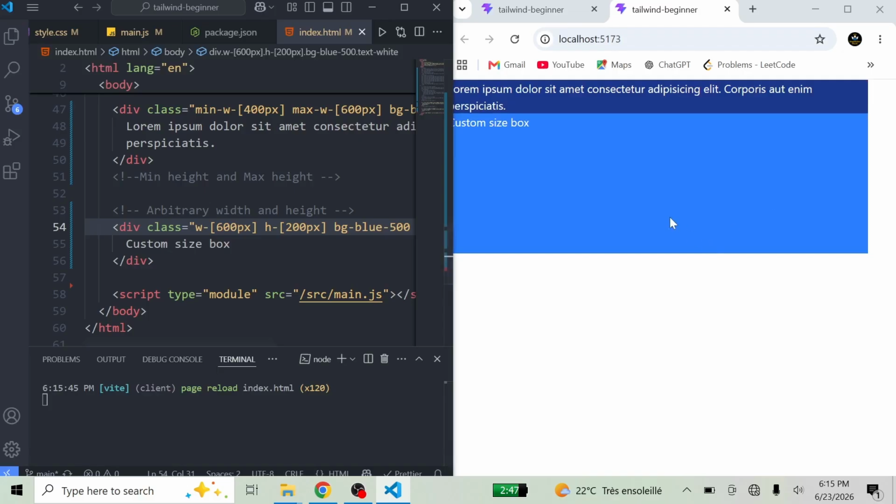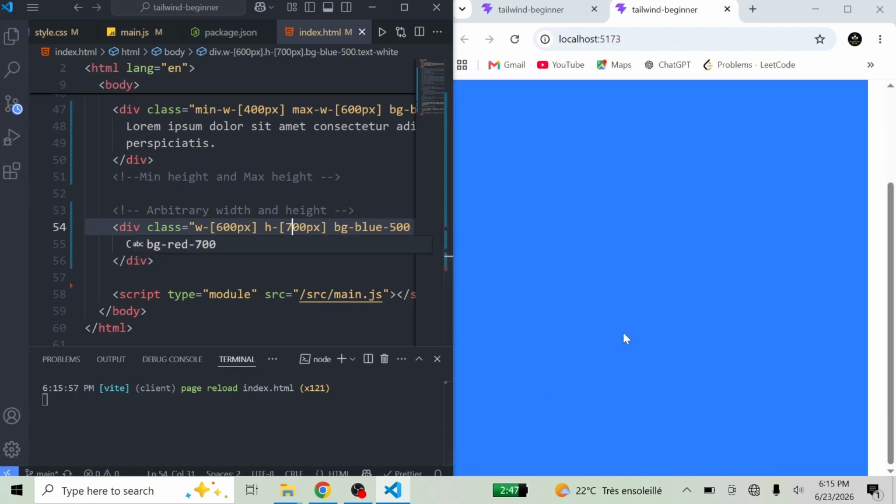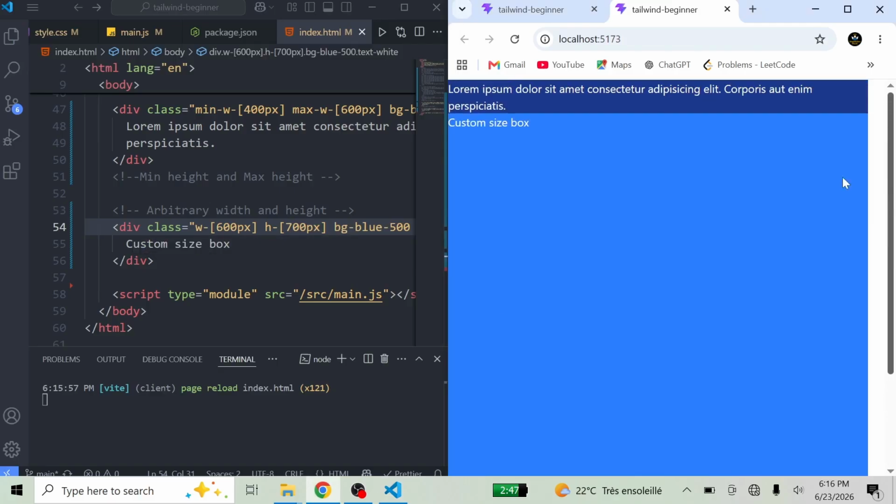Yes, 600. You see now it grows bigger. And here for the height, I can also give 700. Yes, you can see. I think you get an idea of how to work with width and height in